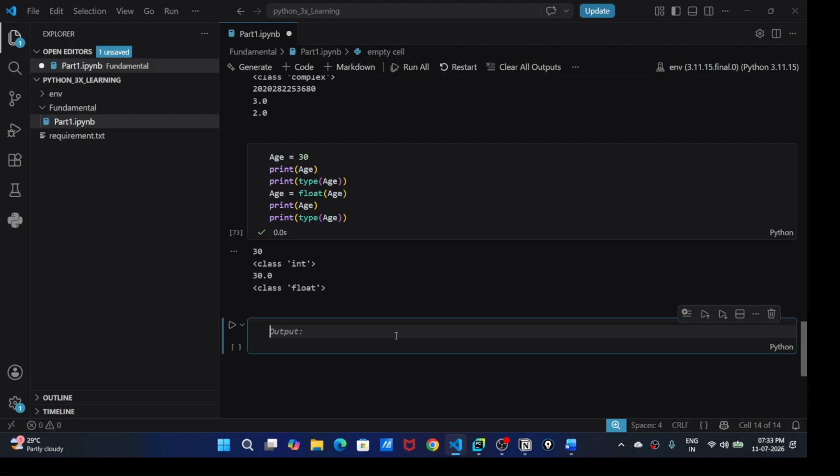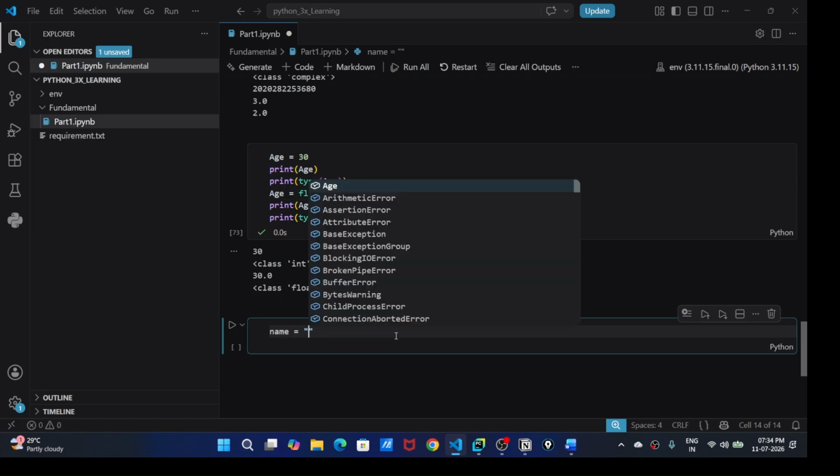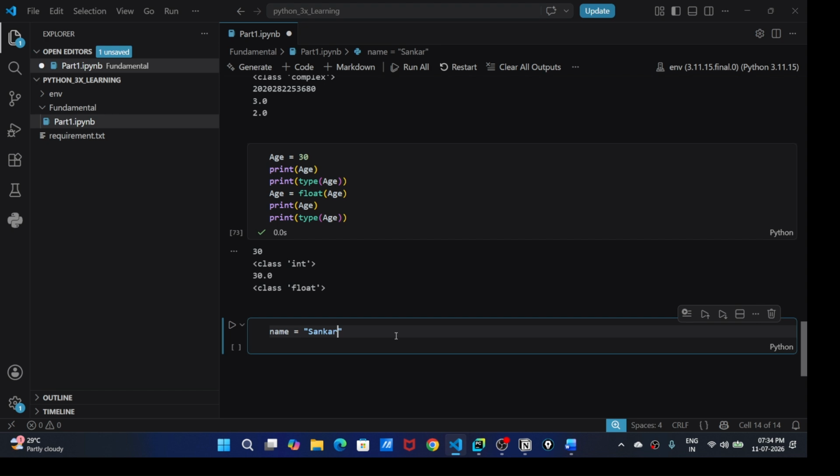So let's see now the string. We have seen float, integer, complex. Let's see the string. So in string, take name equals Shankar.